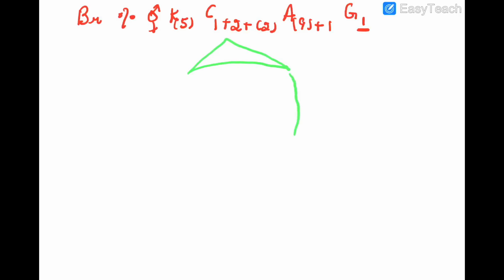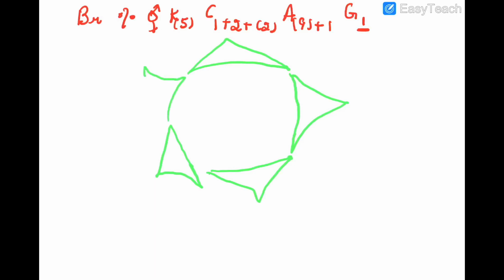First, second, third, fourth, and fifth. These are the 5 sepals which I have drawn. 1, 2, 3, 4, and 5. So these are the 5 which I have drawn in green. This is 5 sepals. Now let me draw the 5 petals, and we know in the 5 petals they are